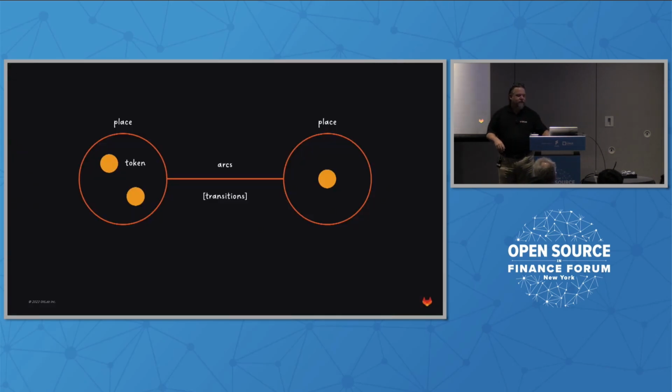So this is what a Petri net ultimately is. It is one big state machine, and it's made up of many places. And between those places, we have tokens, the car. We have arcs, which take me from place to place. And we have transitions that use the state to tell me when it's okay for me to go into the next place.